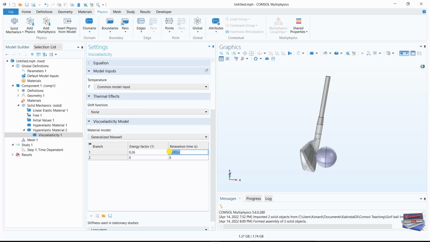Let's make this 1 to the -5. This one 0.19, and let's click add again, and 0.22, and here 1 to the -4, and here to the -3. Okay,